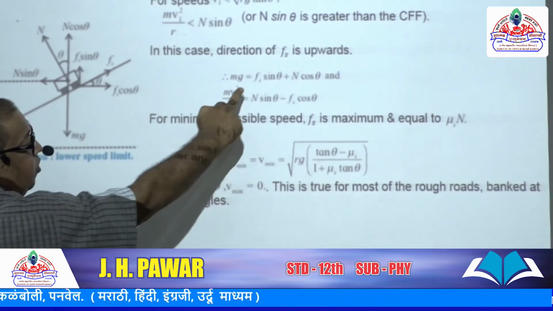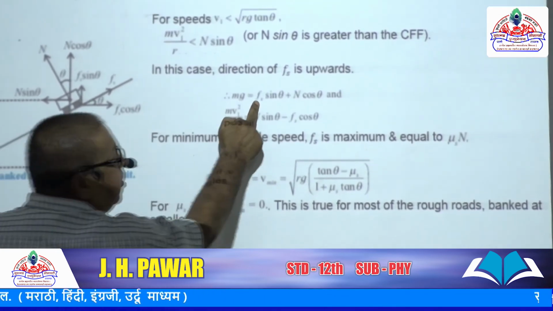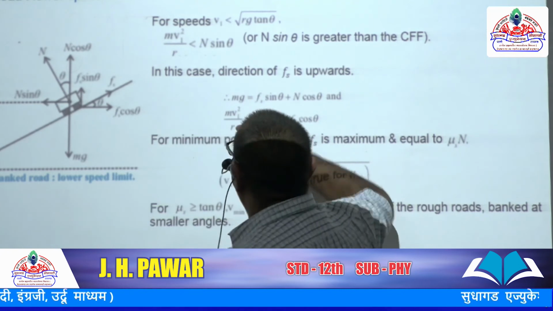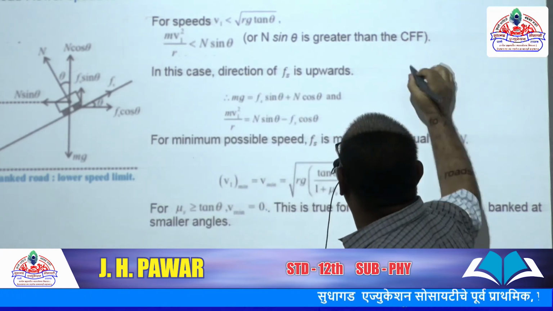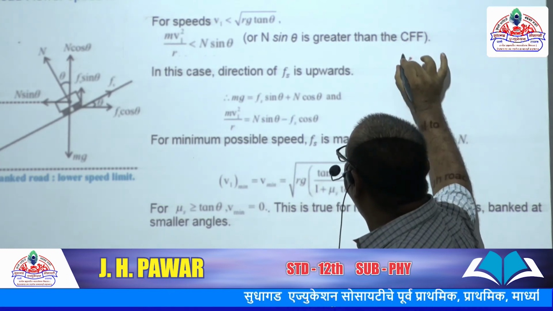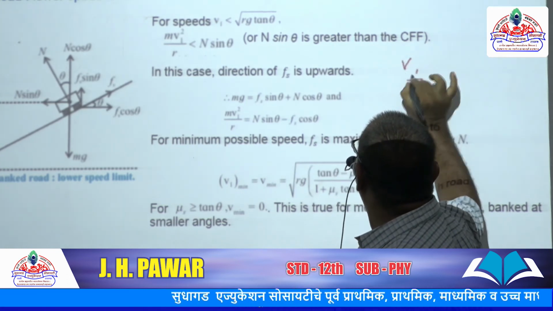If we substitute Fs equal to mu s into N here and here, and take the ratio, we get such a thing. V1 upon